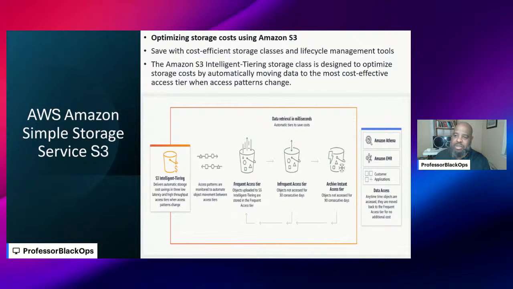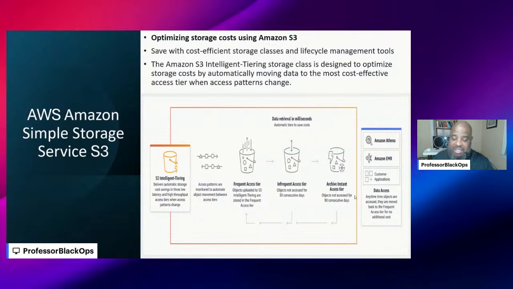So when you have an object, you can say use Intelligent-Tiering. You see it right there. Frequent access tier: objects uploaded to S3 are stored for frequent use. After 30 days of not being accessed, it moves it to